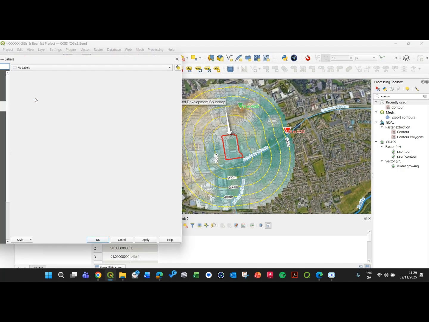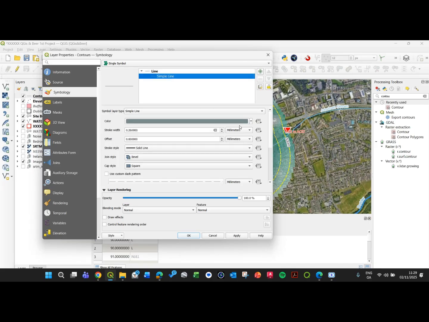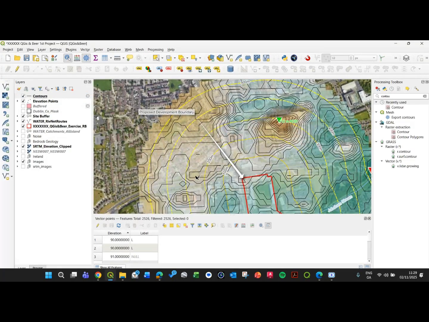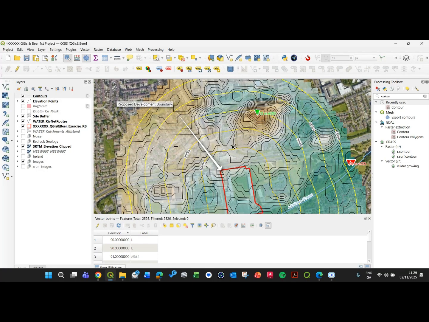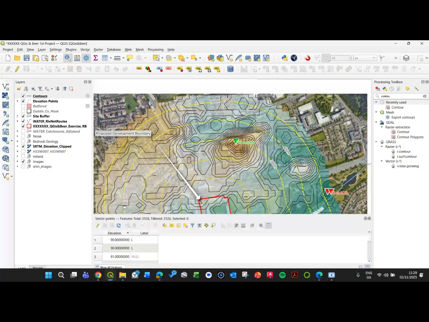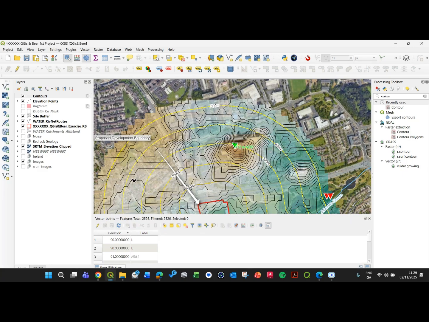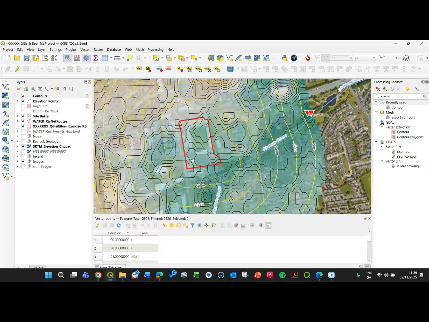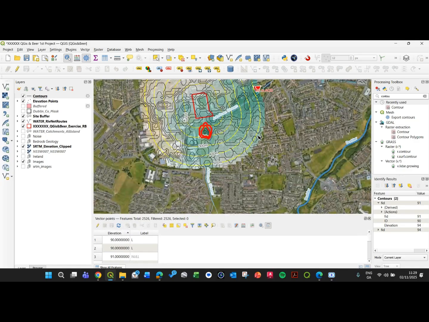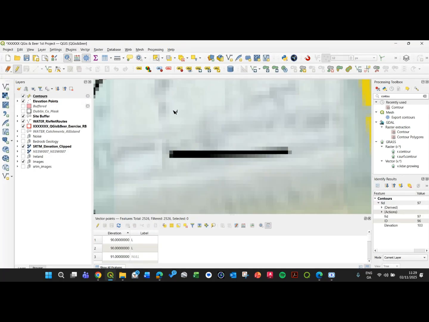I'll change the symbology just to make it easier to see. Let's say black. As you can notice, unfortunately, there's no other way to do. But the contour lines have sharp corners. It's the way it is, and there are some lost lines here. We can manually edit this, select them, and delete,